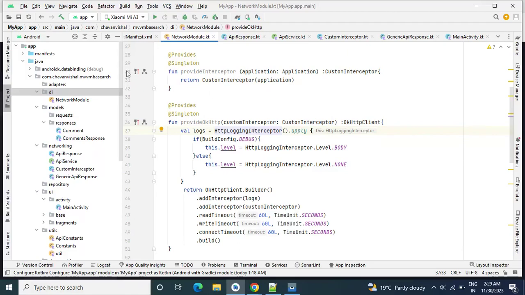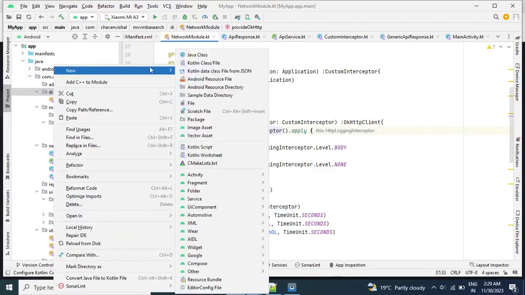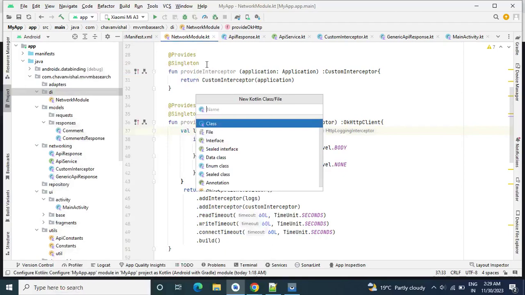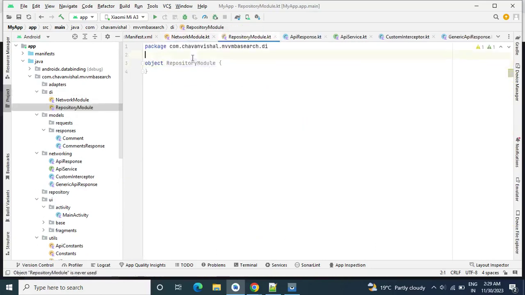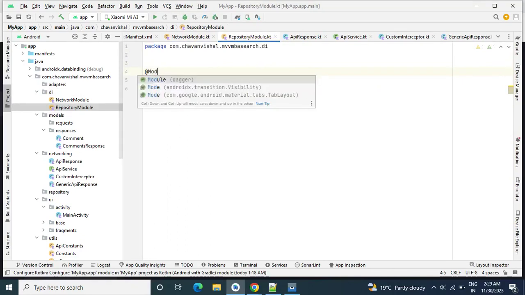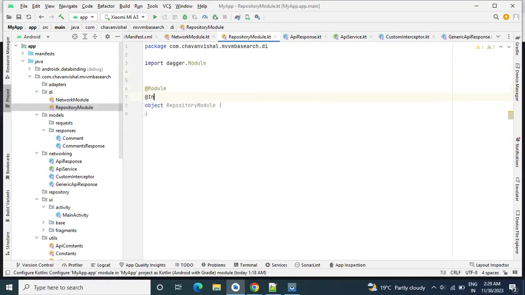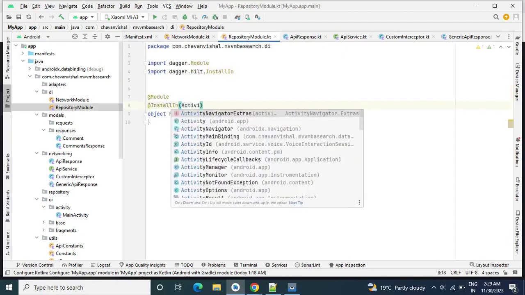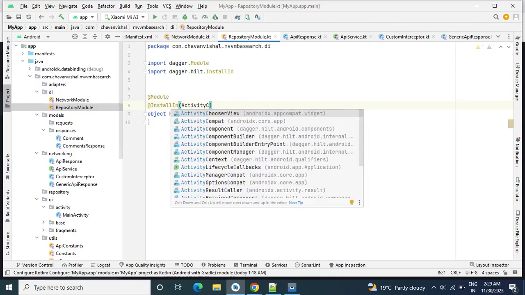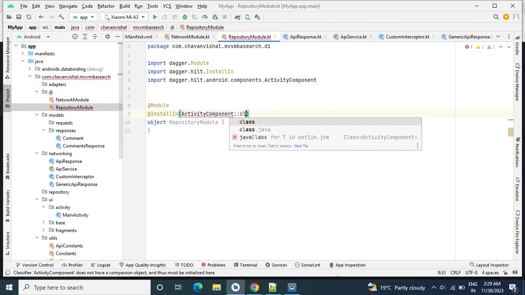So now let's go to the di package, right click, and we'll write here our repository module, and this is our object class. From here we will provide the repository. @Module, @InstallIn, then here we will write ActivityComponent class.